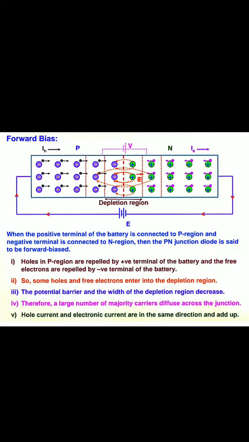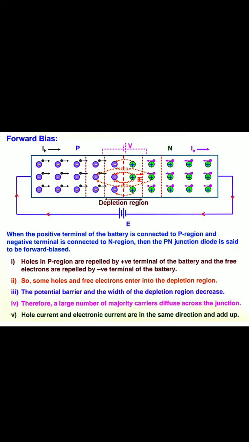Externally we apply the potential. For silicon it will be 0.7. If it overcomes 0.7, then the depletion layer will decrease very much, that means it becomes very negligible. So the current gradually increases. First we get a little bit of current, but after a certain time, if we increase the potential by a very small amount, the current increases gradually.